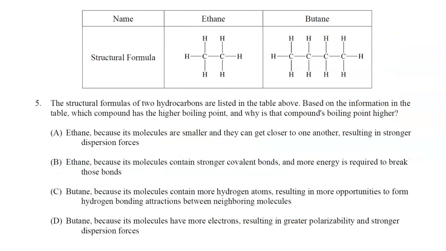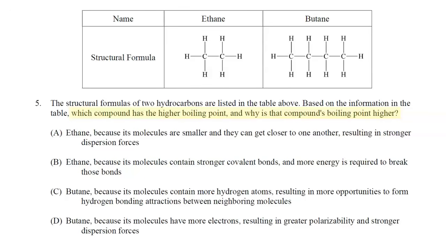Now let's take a look at question 5. Question 5 says, the structural formulas of 2 hydrocarbons are listed in the table above. Based on the information in the table, which compound has the higher boiling point, and why is that compound's boiling point higher? So when we look at the ethane molecule, which is C2H6, and the butane molecule, which is C4H10,